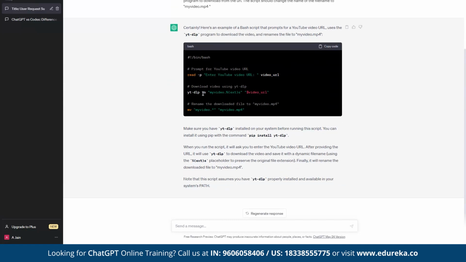So it is saying you will have to run pip install yt-dlp. Now it is telling you, when you run the script, it will ask you to enter the video URL. Here it is. And after providing the URL, it will use yt-dlp to download the video and save it with a dynamic file name to preserve the file extension.